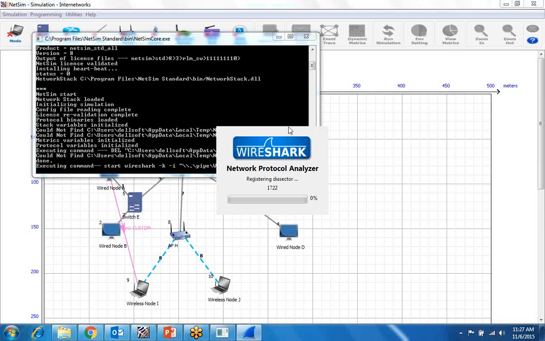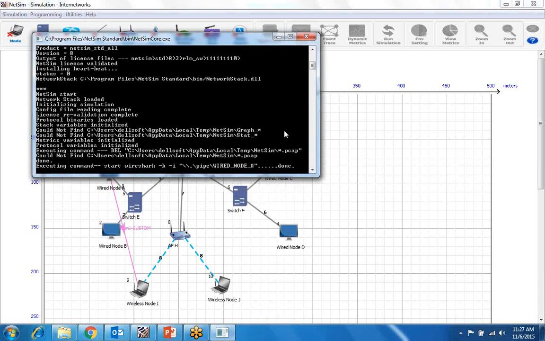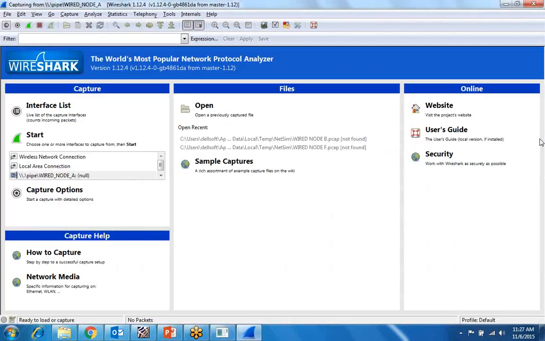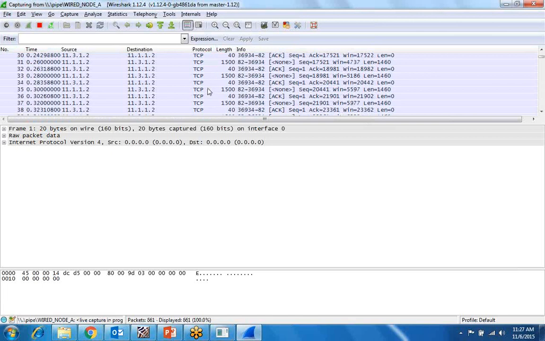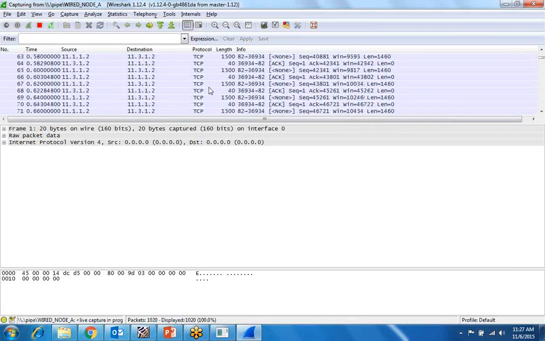So we have enabled the Wireshark, so it is starting. It will capture your real-time packets. Okay, here you can see these are the packets which are being captured during simulation. Okay, TCP packets.